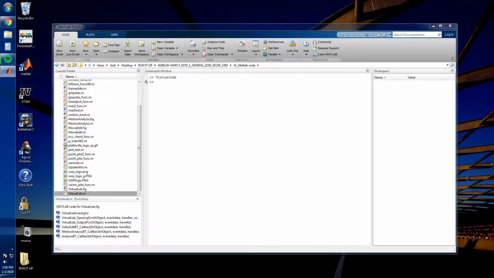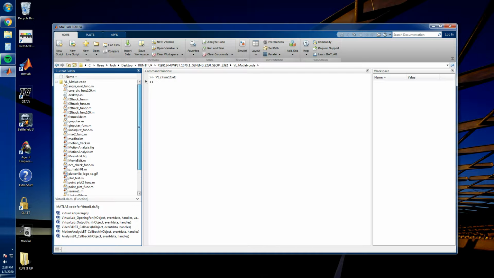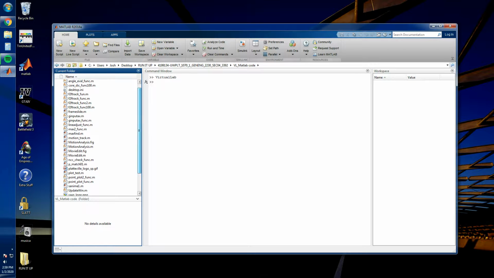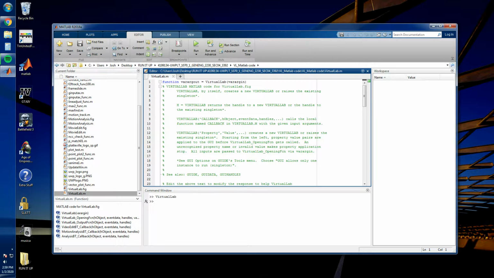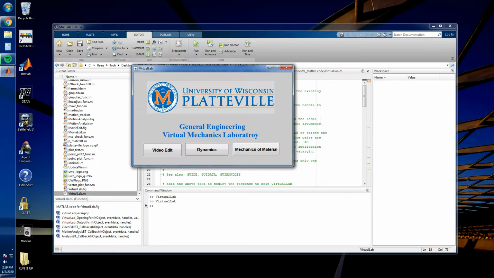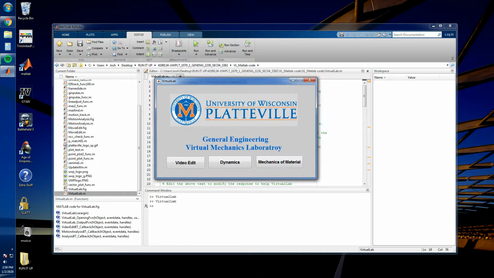Today I'll be demonstrating the use of motion analysis software to analyze a soccer ball kick. So first, MATLAB is the programming language used. The VirtualLab script is opened, and then the F5 key is hit to run the program. Starting with the video edit portion,